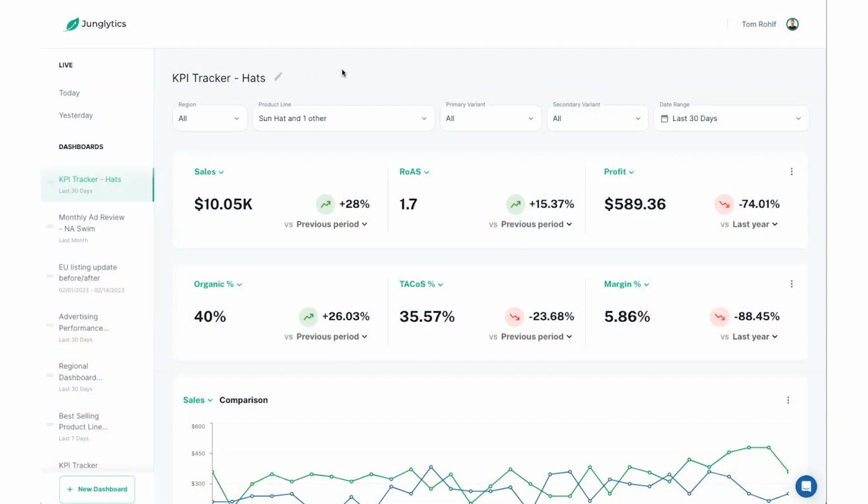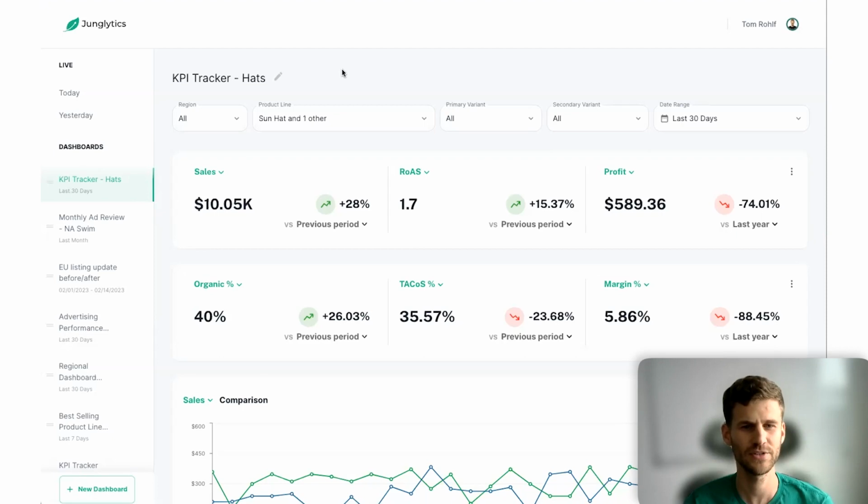So let's jump to the screen and see what Junglealytics is from inside. Yeah, so Junglealytics is at its core a series of dashboards. Every dashboard is fully customizable by the seller, or we also have a few agencies that use Junglealytics, and agencies will frequently go in and build dashboards on behalf of their clients to show them various views of their business that they may find interesting.